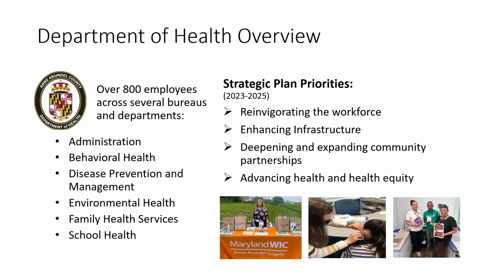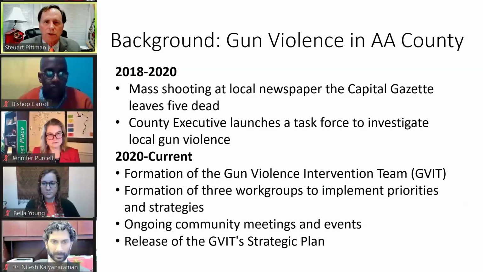We can move to the next slide, please. And then there's the background for gun violence. So one other thing I'll mention, because Gloria talked about this as well, our operating budget for the health department is about $93 million, and that's a mix of state, county, and categorical grants that fund us. And I'll hand it back to Gloria to talk about the background for this, because she was here in 2018 when these things started to happen.